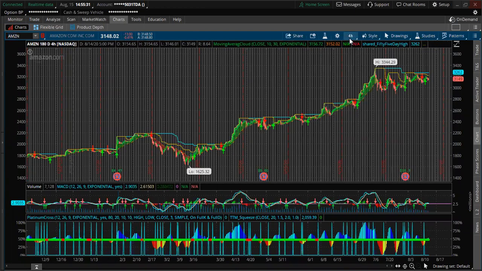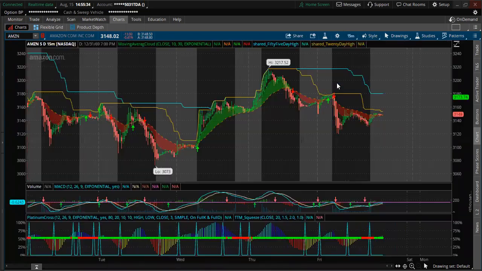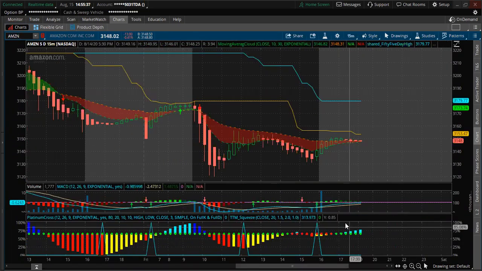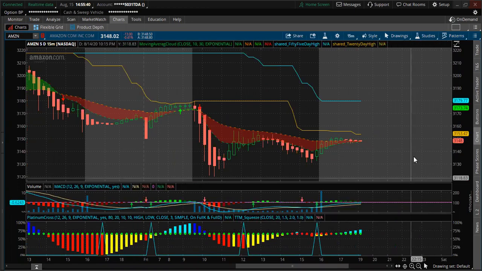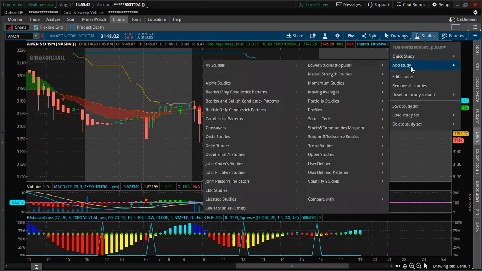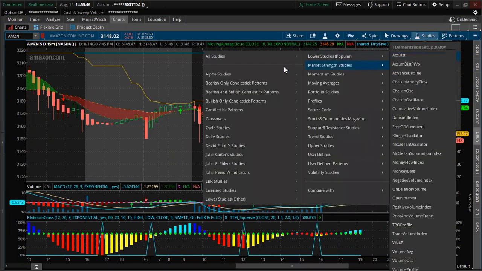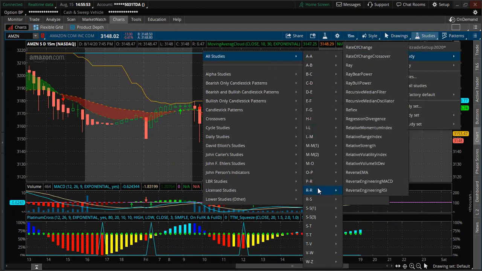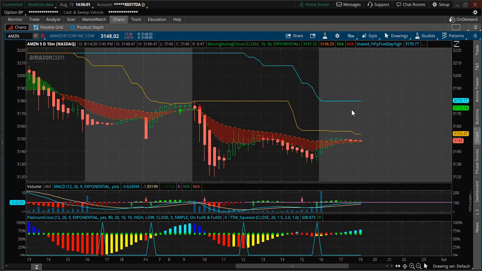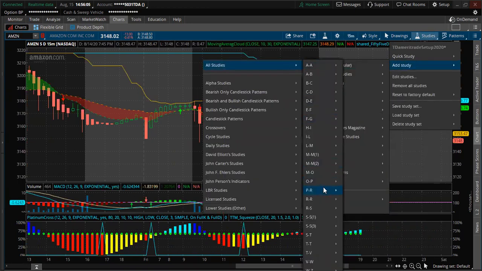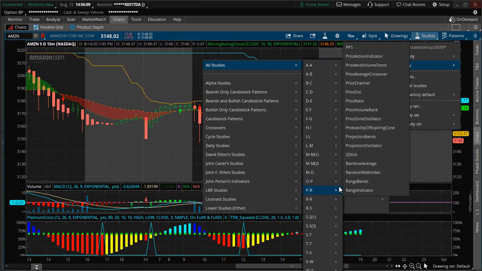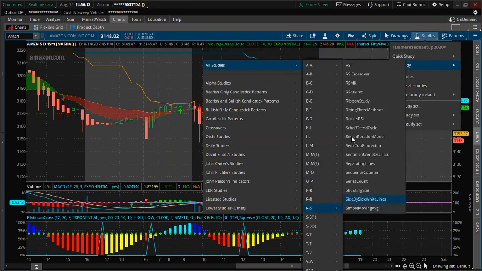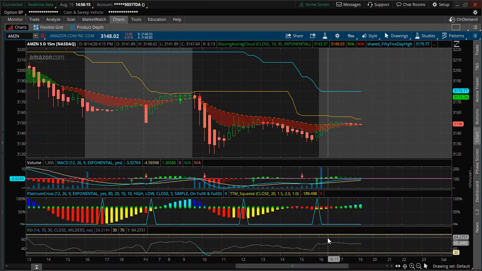It said that it met the criteria on the 15-minute, and here is where it's talking about. I don't have the RSI set up here. Let me add the RSI real fast. Quick studies. Is that box in the way? There it is. Okay, so right here,